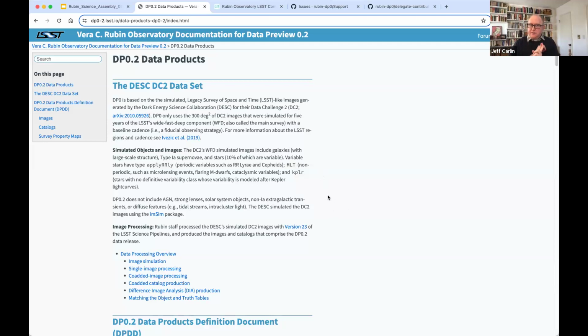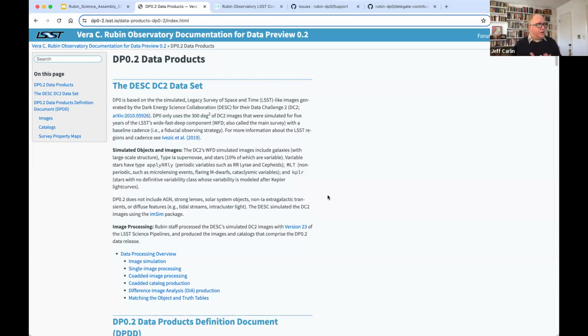So this contains fairly realistic populations of galaxies, including large-scale structure. It contains Type 1a supernovae. It contains stars in the Milky Way based on a model of the Milky Way.